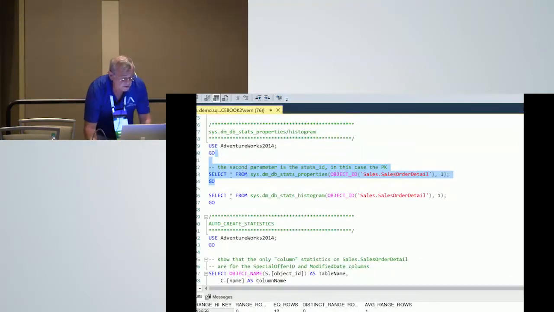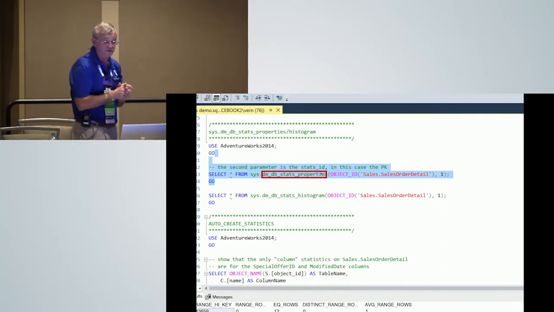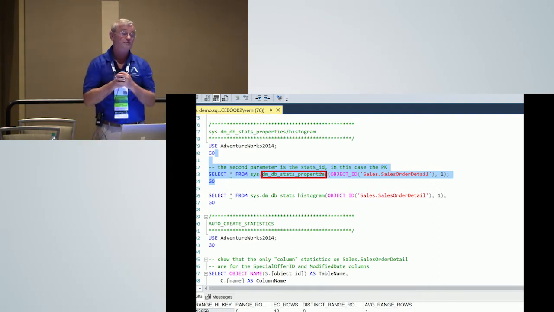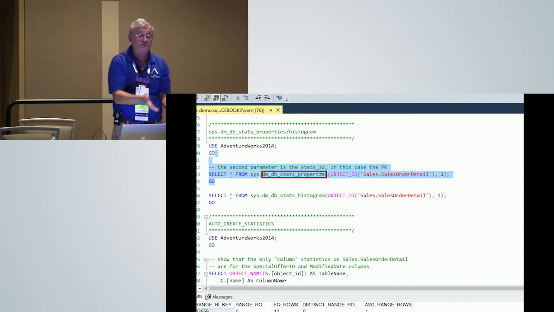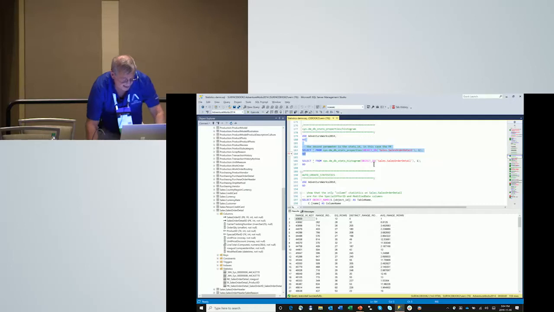So here is sys.dm_db_stats_properties. And again, we pass in some parameters. In this case, it's the object ID of the table and the stats ID of the stats that we want to look at. And the best place to get that is from sys.stats. Just read sys.stats and look for the one that you want. And when I execute that,